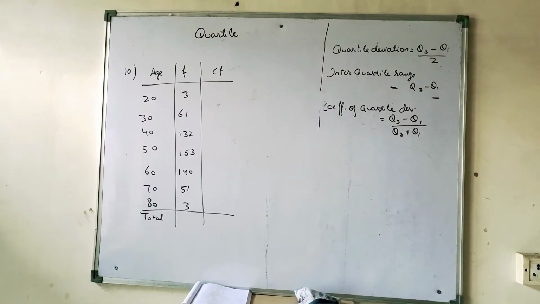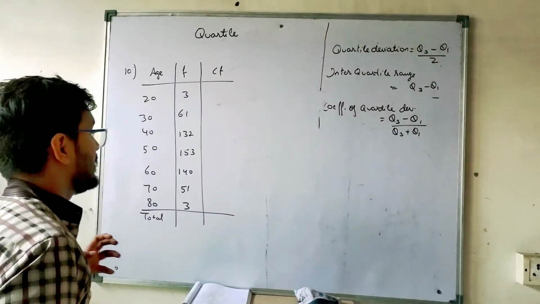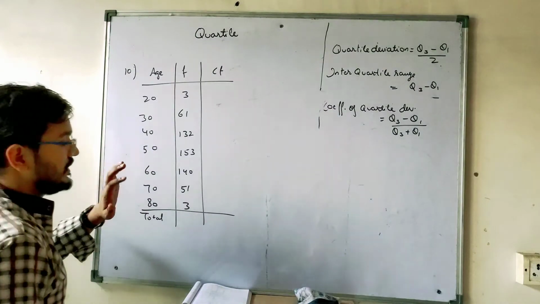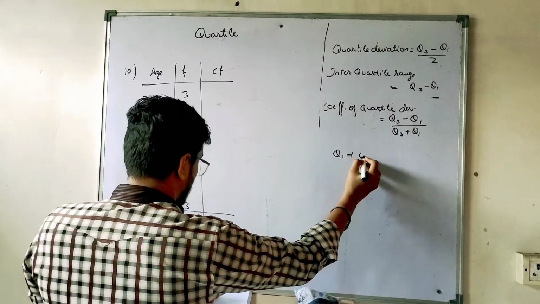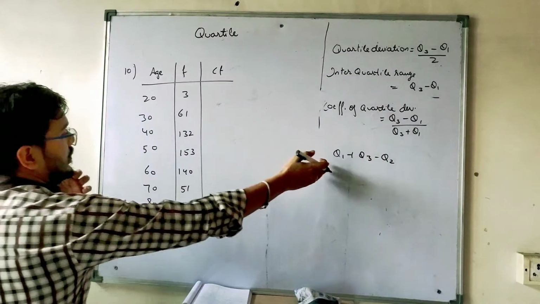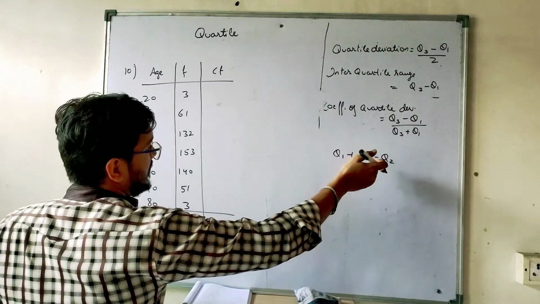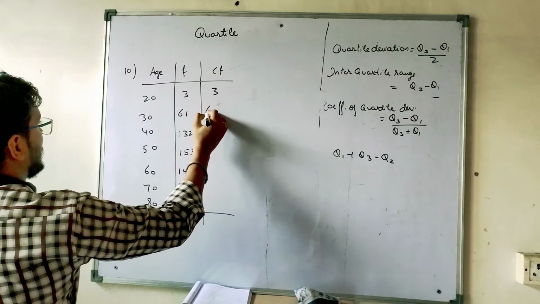Now in the case when data is grouped but with discrete values, right? So directly we can determine Q1, Q3 and Q2. So we have to find out Q1 plus Q3 minus Q2. Q2 is median, lower quartile, upper quartile, and this median. So CF is 3, 64,